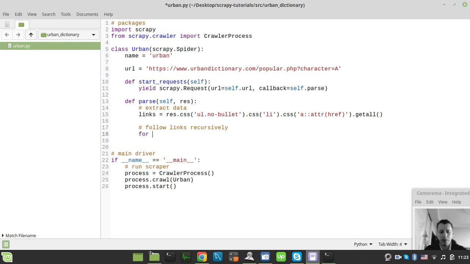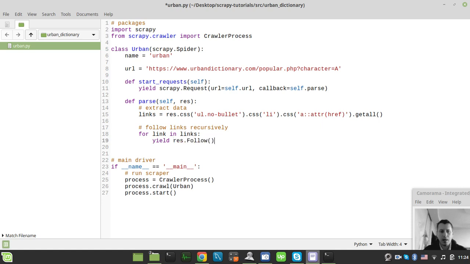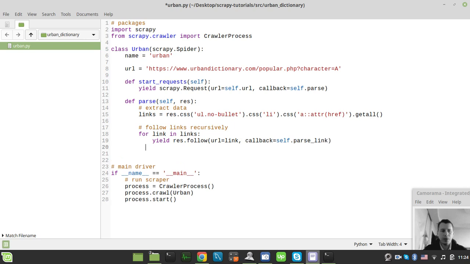So I simply say for link in links, and here just yield response.follow, and no, follow, from the lowercase, and here the link itself basically. So this would be the URL equals to the link, and the callback would be equal to self.parse_link,